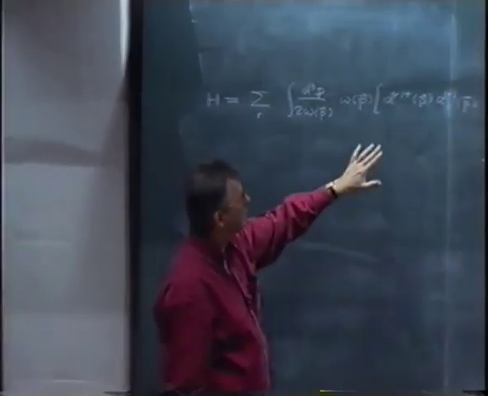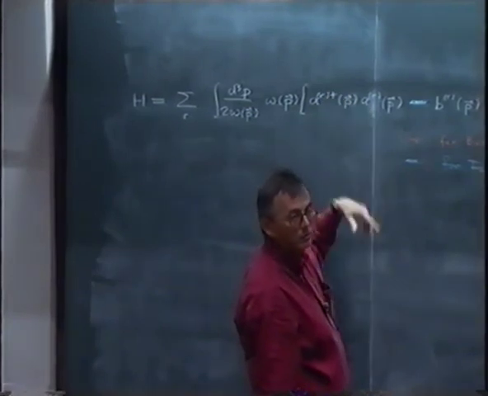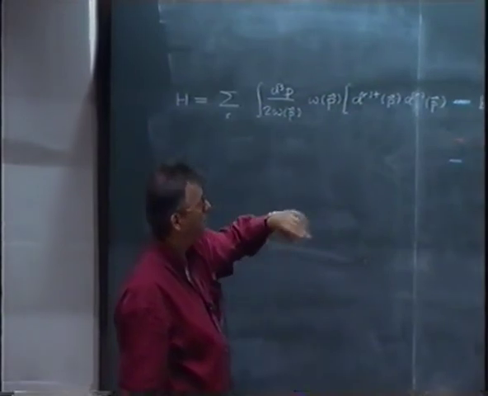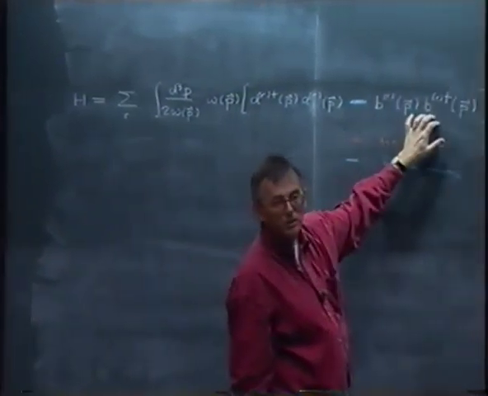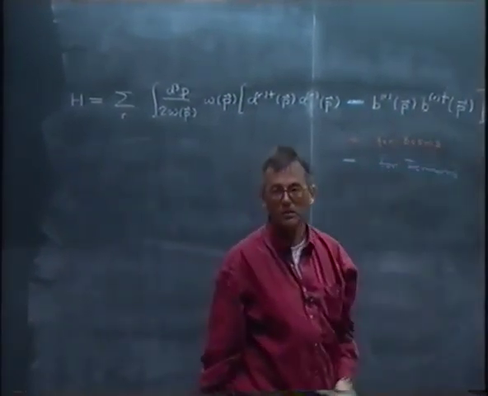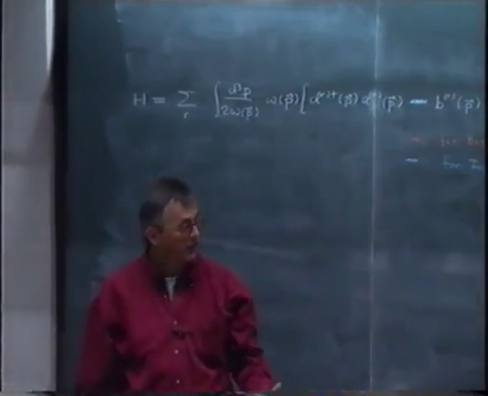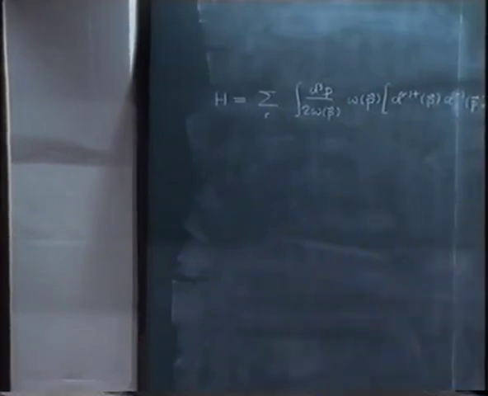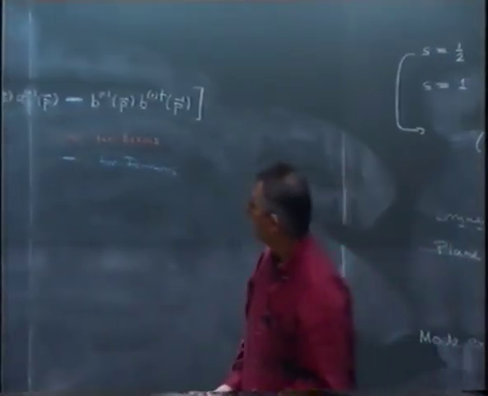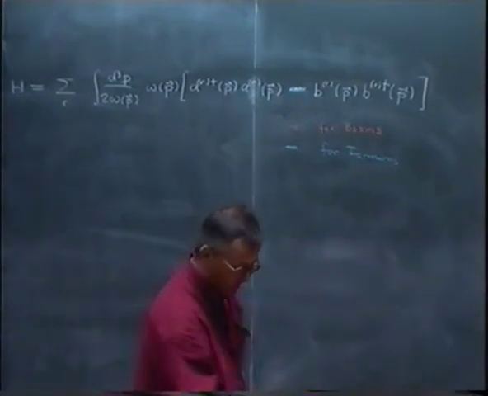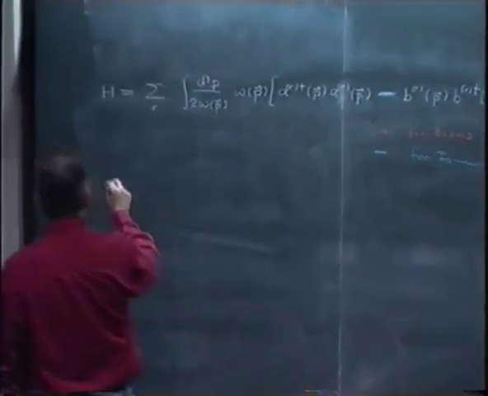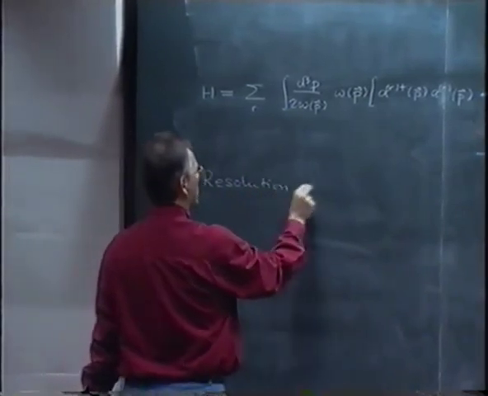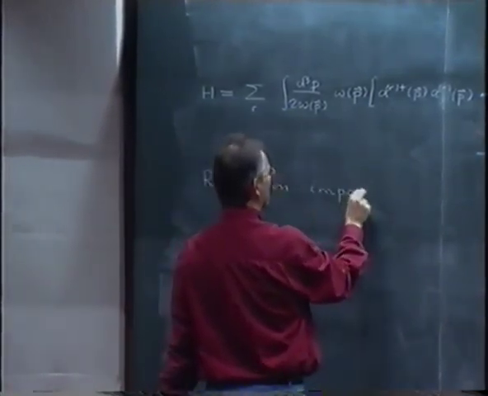You would have a term which would be positive definite, where you could increase the energy to as large values as you would like. And here you would have a term which would allow you to make the energy as negative as possible. And this is again a reflection of the fact that you have the classical theory, these negative energy solutions. And the only resolution of this dilemma is to impose anti-commutation relations.